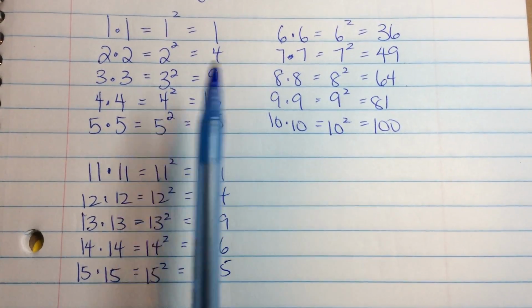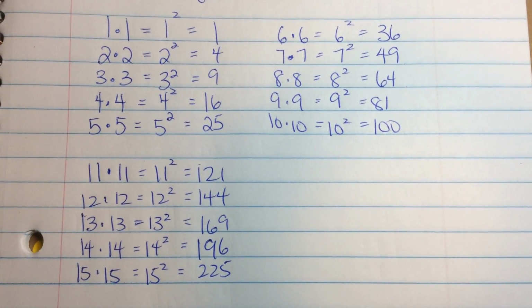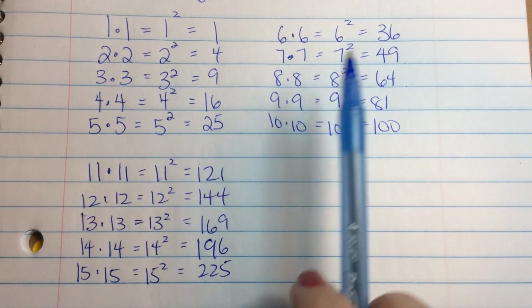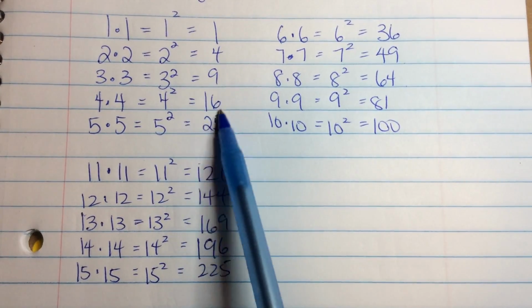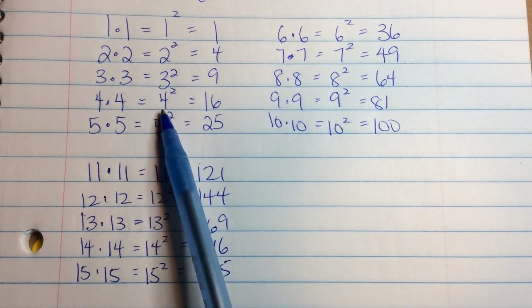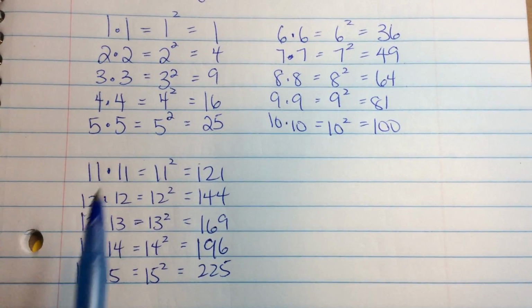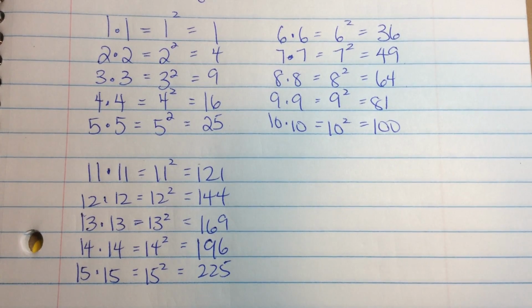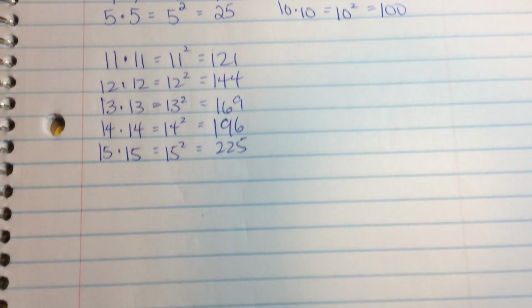But here are the first 15, and this is something that you're just going to have to memorize. Your goal is to be able to recognize these numbers as perfect squares. So if you see the number 16, the first thing you think of is, oh, that's 4 squared. And if you see 81, you think, oh, that's 9 squared, because it's going to help you later in higher level mathematics, even in this year. So one of your assignments is to figure out what a perfect square is. For example,